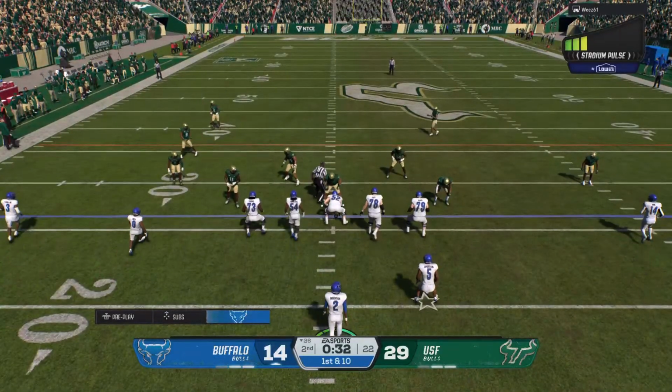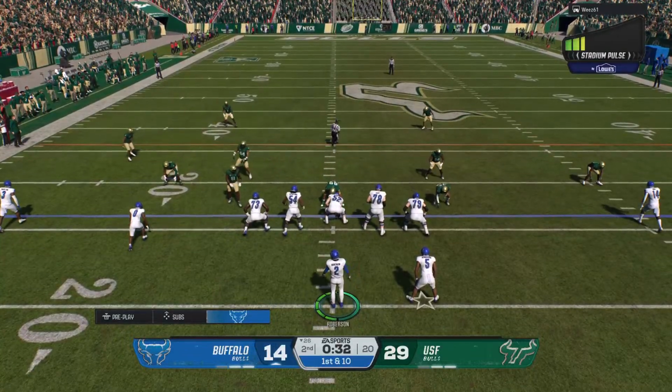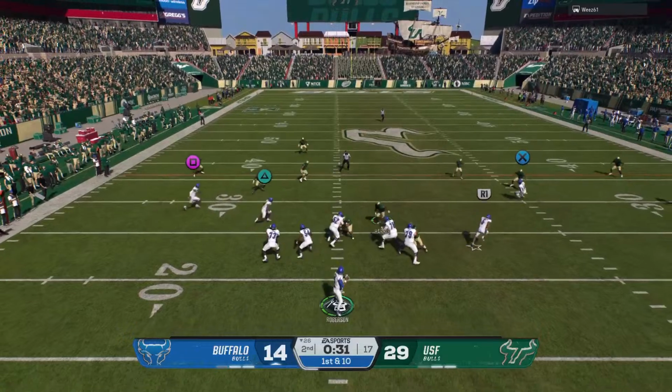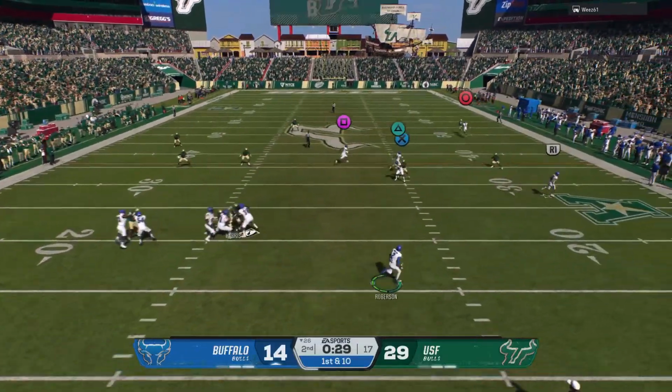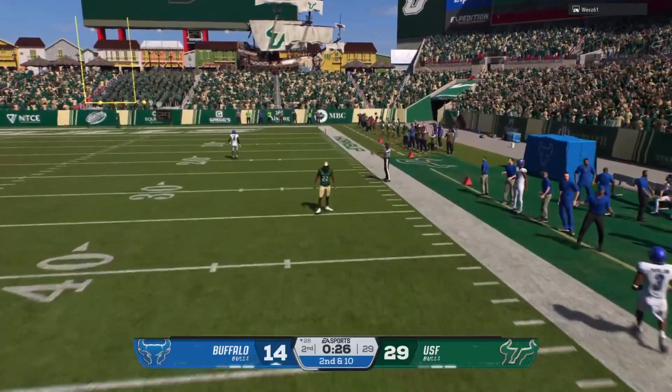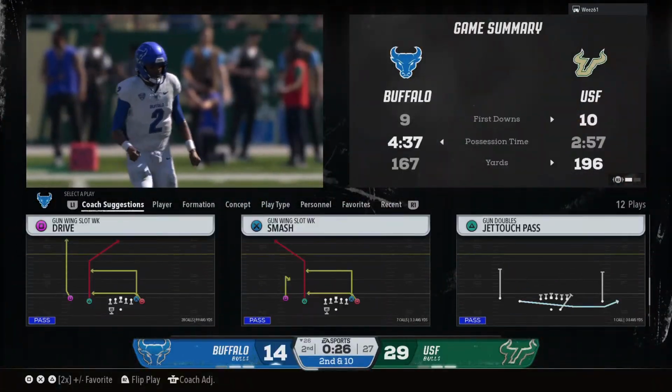Here we go. They'll try to get something on the board here in the final minute of the first half. Wants to throw. It's Roberson. Now he's going to break the pocket. Unleashes one. And it was worth the gamble, but the long pass is incomplete.